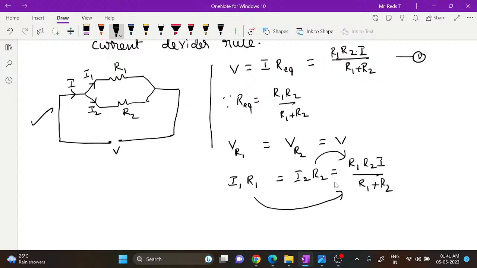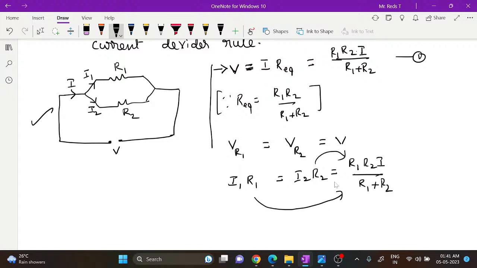As a result, if current I is drawn from the source, this current divides as I1 and I2. Now, from this circuit, we can say V is equal to I into R equivalent. V is equal to I into R equivalent, as shown here. But R equivalent is equal to R1 R2 by R1 plus R2